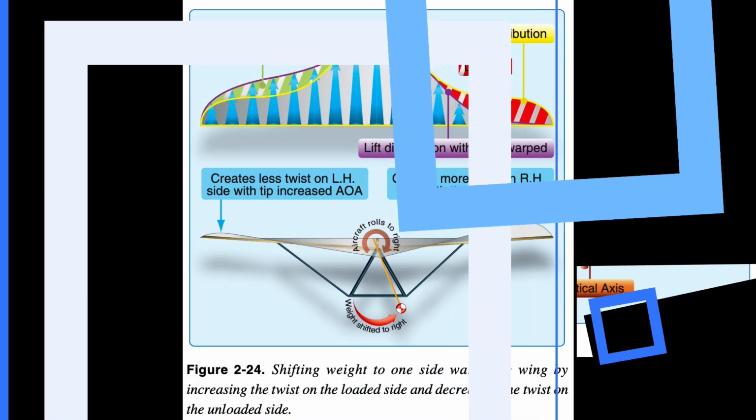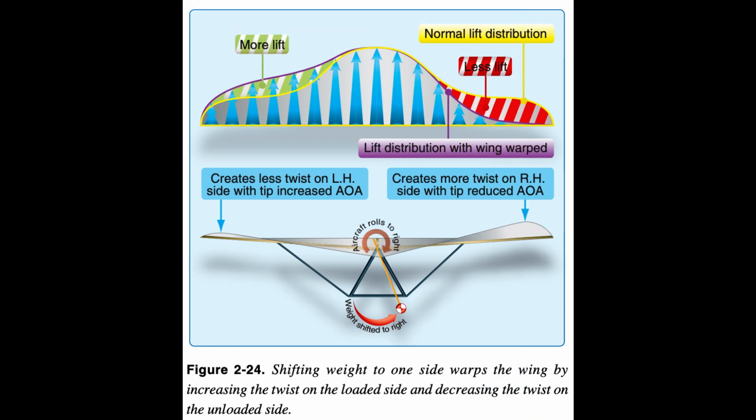Longitudinal axis, roll. Turning is initiated by rolling about the longitudinal axis into a bank similar to an airplane using aileron and rudder control. To turn, shift the weight to the side in the direction of the turn, increasing the weight on that side. This increases the twist on that side while decreasing the twist on the other side, similar to actuating the